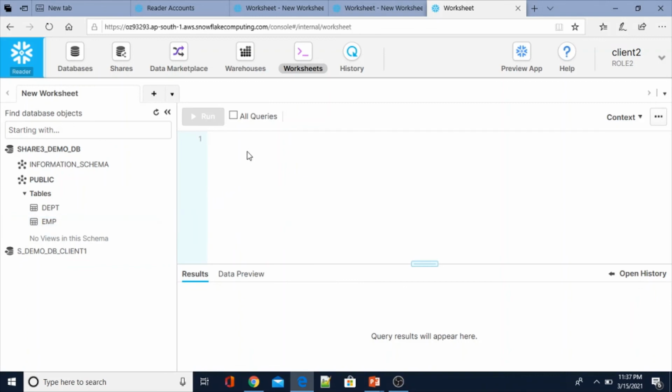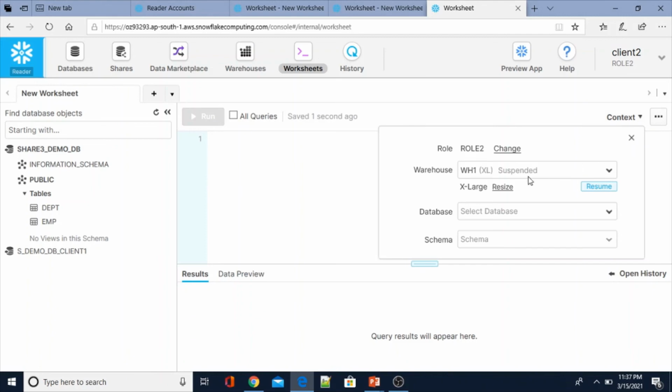So now let me set the context information. Role 3, because we already assigned the warehouse, and database is share3_demo_db, and schema is public.